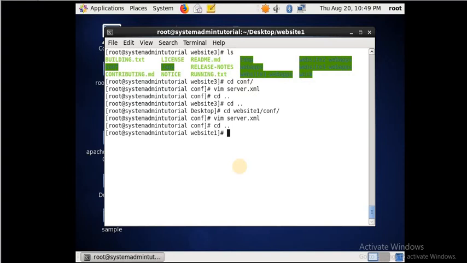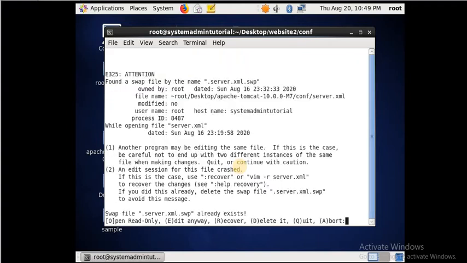Same way we will do the website 2 directory. Here also do the same thing, server.xml.